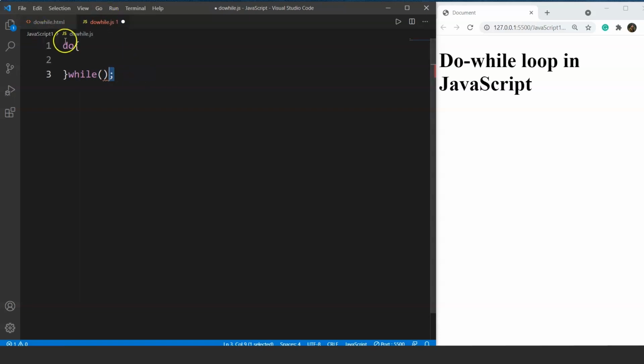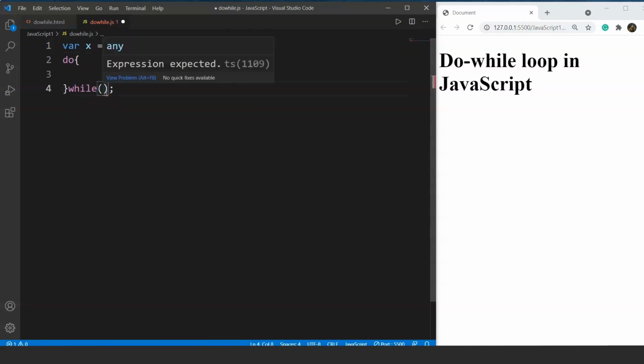So let's define a variable first. We are using a variable x and the value of x will be 5. So here we have taken 5 as a random value. You can take 1 as well. Now inside the condition part of the do while loop, this is the condition part where we are using the while keyword. So we'll give a condition. Let's say we are using while x greater than 5. It will check for the condition that if the value of x is greater than 5 or if the value of x is smaller than or equal to 5, it will come out of the loop.